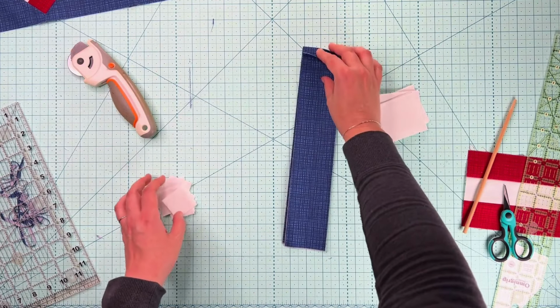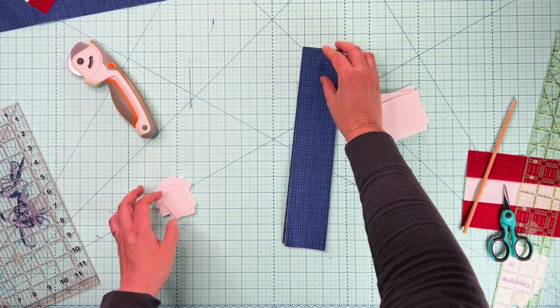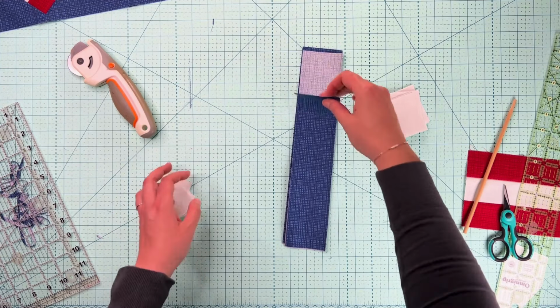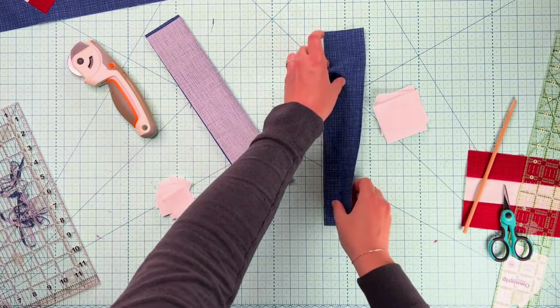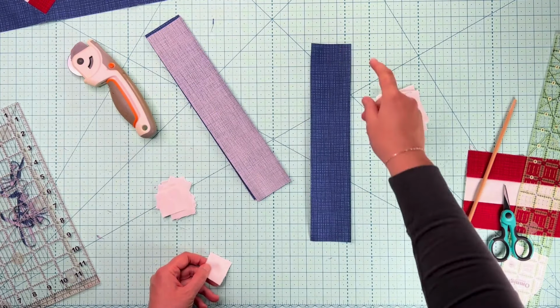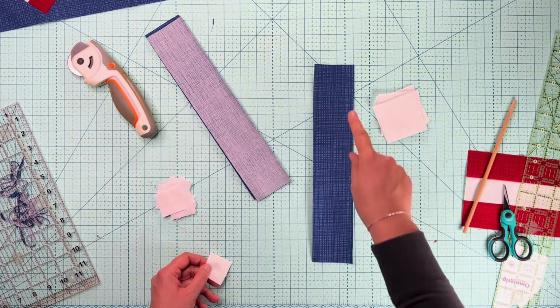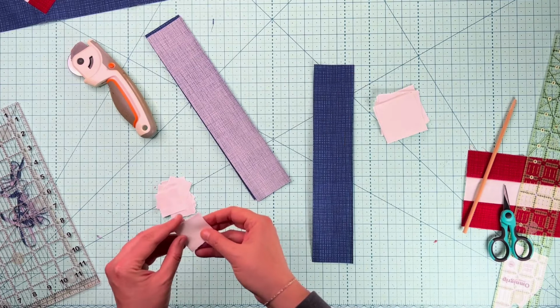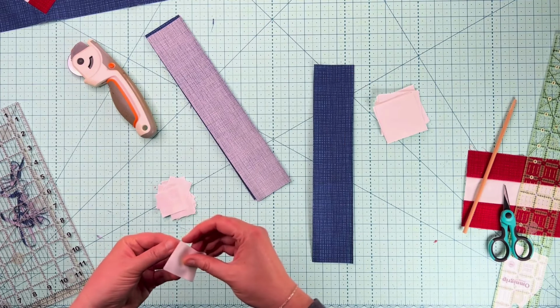So you're going to start out with all the sashing pieces with strips. Some of the strips are going to have star points on one end, and some of the strips are going to have star points on both ends. So what you do